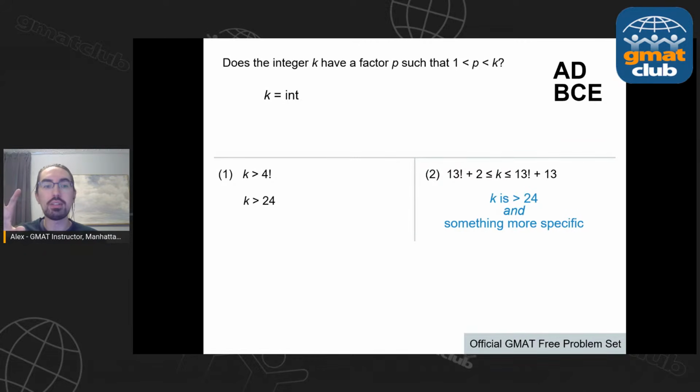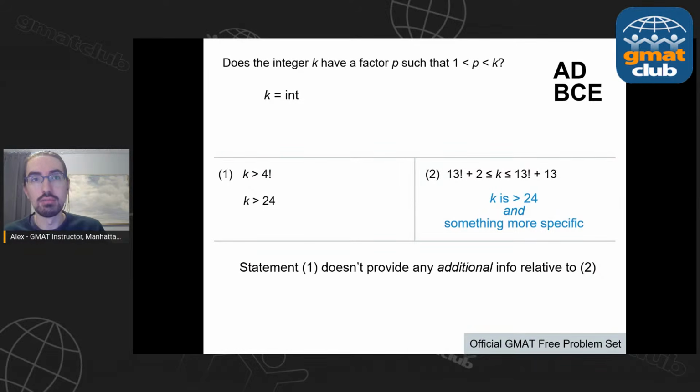Whenever you have one statement that basically takes over the other statement, it says the exact same thing, but then gives you more information, you can cross off that smaller statement. Because if A were the answer, then statement 1 would be kind of superseded by statement 2. Statement 2 would also be sufficient if statement 1 was sufficient. So we know that we can cross off A. We also know that we can cross off C,